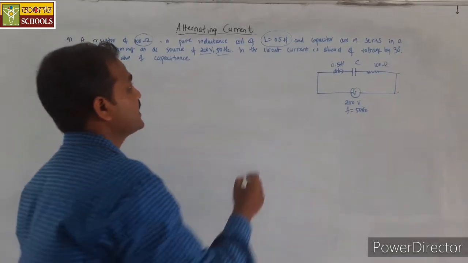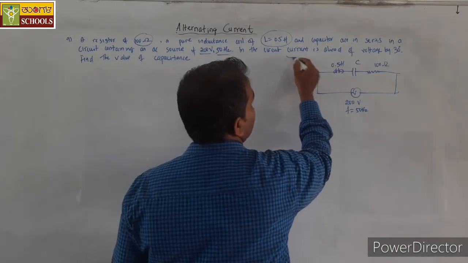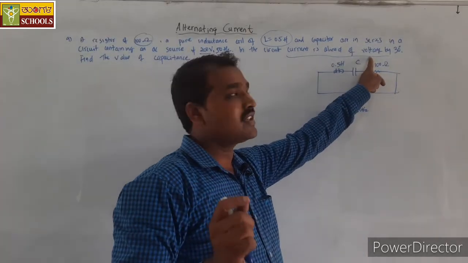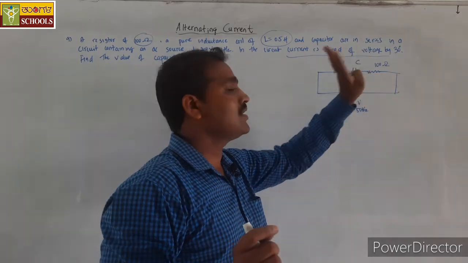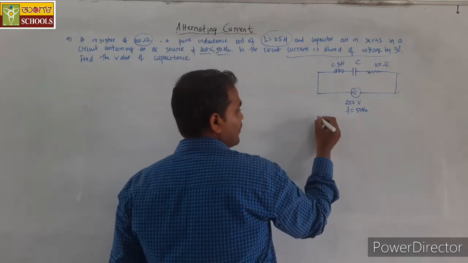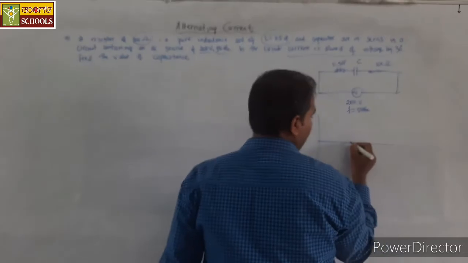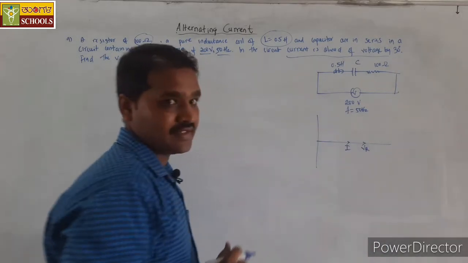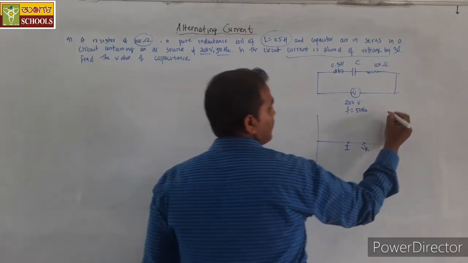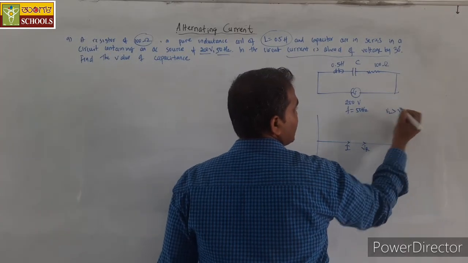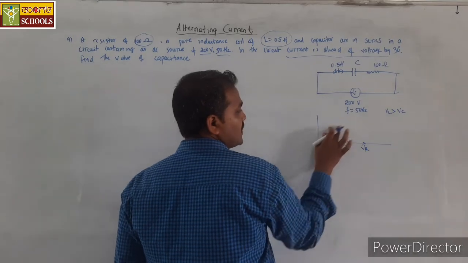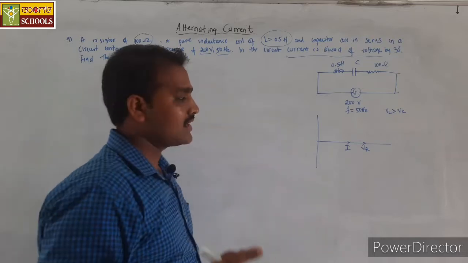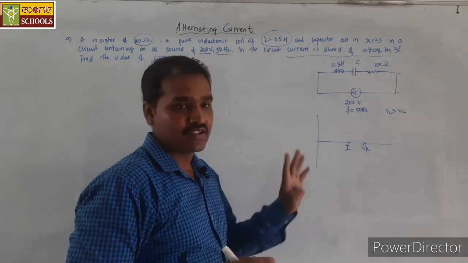And they have stated this sentence, which is important here: the current is ahead of the voltage. So this voltage is the resultant of VR, VC as well as VL. In the derivation of impedance we have seen that along the x axis I will show the current, and VR is also along the x axis. If VL is greater than VC, I will consider VL minus VC. If VL is less than VC, I will take the voltage because of the reactance downwards.